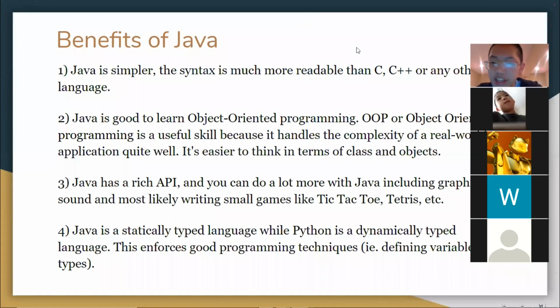Nathan Zhang asks, what prime algorithm do you prefer? I'm not sure what that question means in regards to prime algorithm, like finding the first n primes or what. You could do that in basically any programming language, not just Java. I think we could probably go over that in a future lesson if you guys are interested.